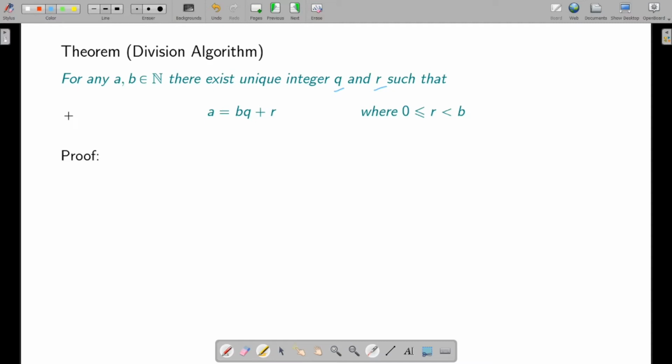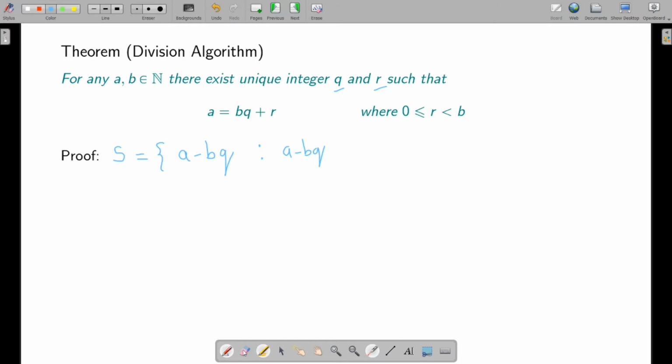So let us consider exactly that same set, obtained by continuous subtraction of b from a. Let S be the set of a minus bq, such that q is in